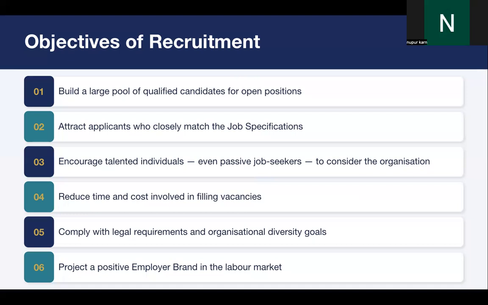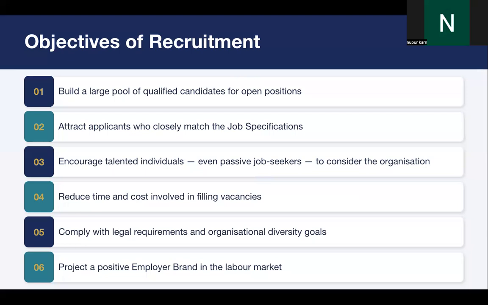If a job is posted on the portal, it is visible to every person. If a job is posted in India, it's not like only the Indian people can see that job. People from other countries can also see that job and can also apply for it. So in that sense, maintaining diversity is very important. Then only you can have innovation and creativity at the organization. So this is the requirement of recruitment.